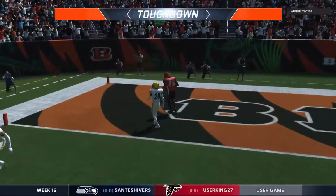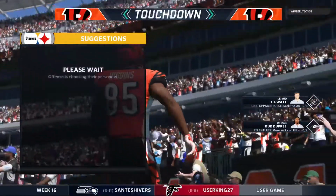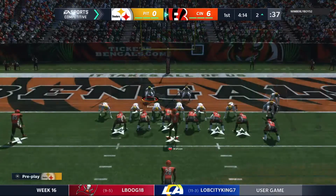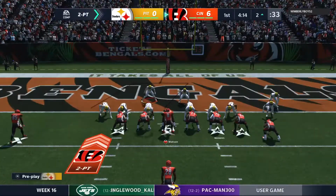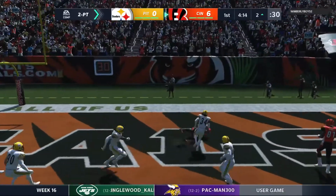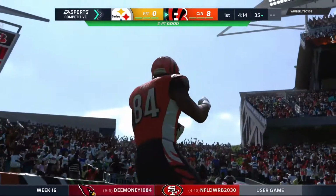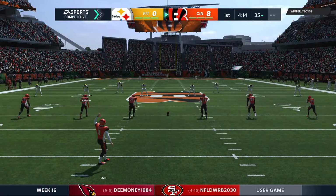And he's got it. And he will take it on in for a Bengals touchdown. T. Higgins with his 16th touchdown of the year. And the Bengals take it right down and score on the opening drive. Again, it's Watson, and that is going to be caught. And it moves the lead to 8-0. Makes the score Bengals 8, Steelers